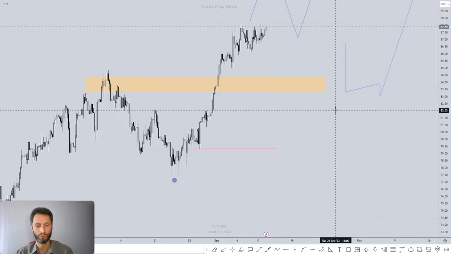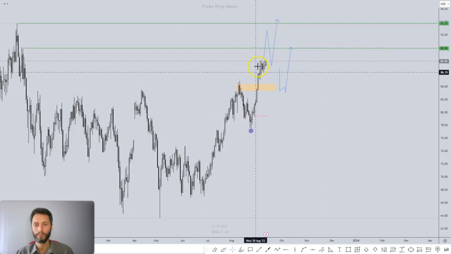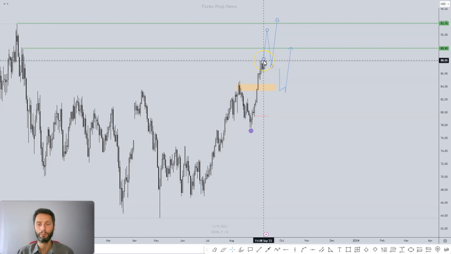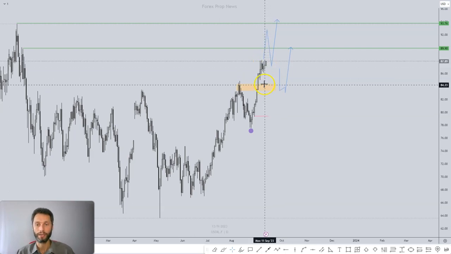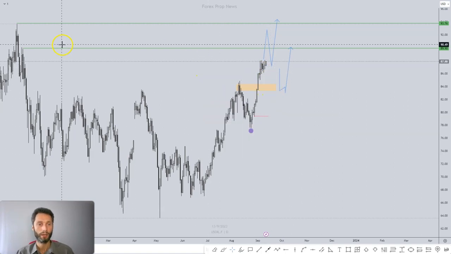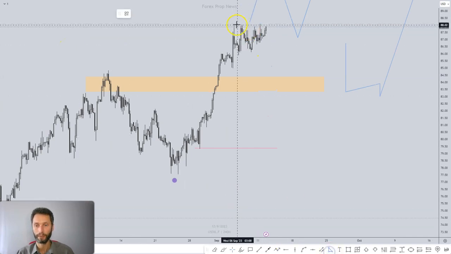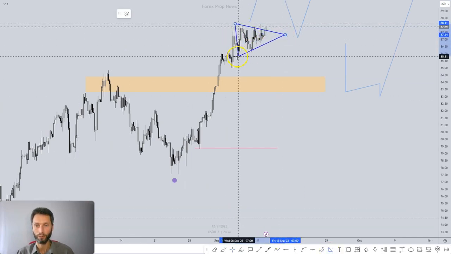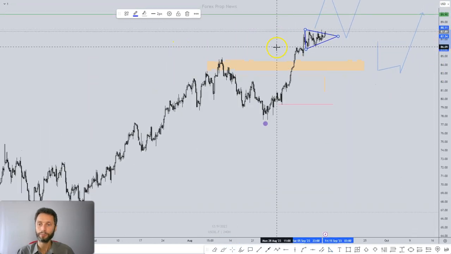Let's move on to oil. Let's look on the daily. Here we are on the daily. It seems that we are heading higher and higher, bullish and bullish on oil, and it's not going to give us that retracement lower. We're just heading higher. What do we do from here? Well, again, this looks like a wedge, a pennant, a bullish pennant, whatever you like to call it.